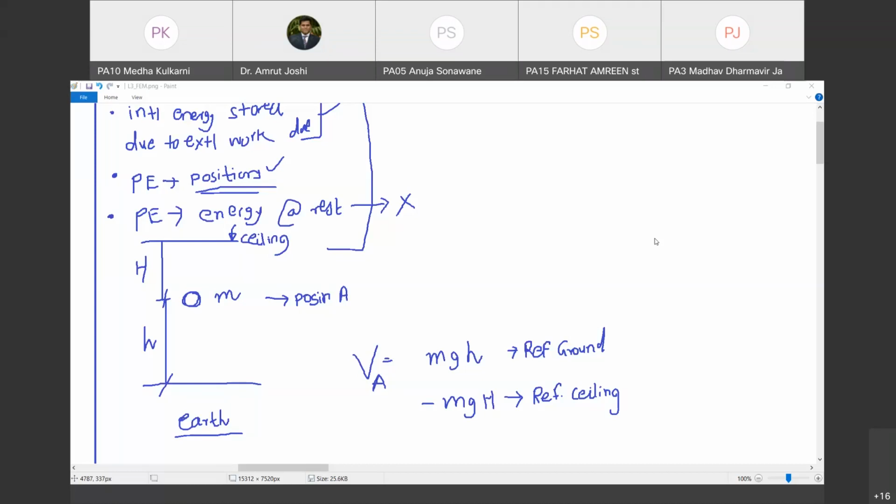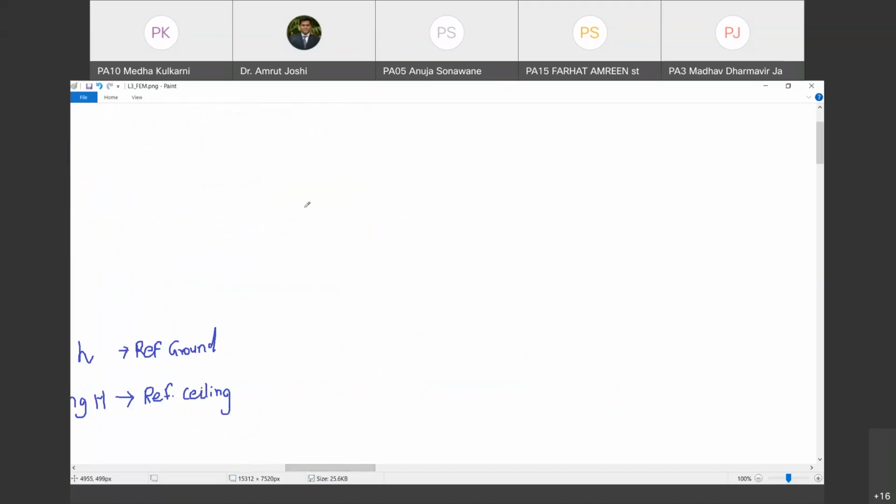So clearly the starting point of solving any problem must not be potential energy. It cannot be potential energy. It has to be something else. Are you with me? Yes, sir. तो वो what is that something else? उसके लिए हम एक thought experiment करेंगे. Are you with me? Yes, sir.